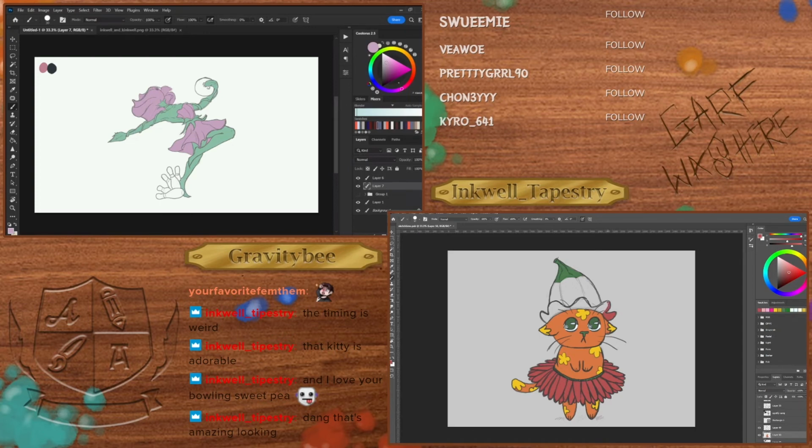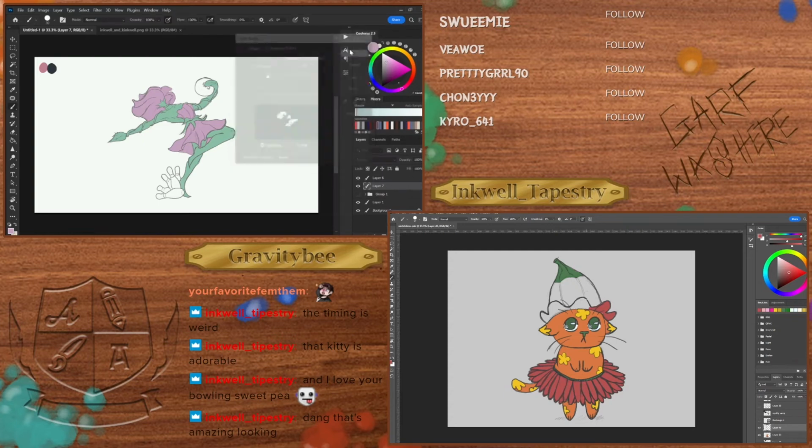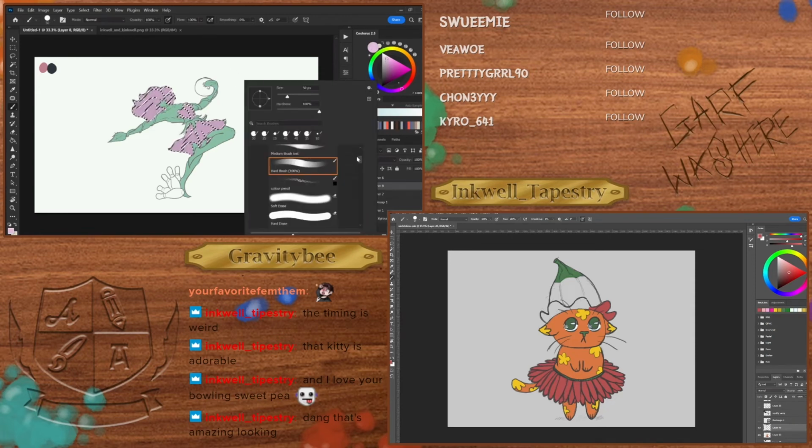I need to remember how to do that, but we're gonna do this right now, where we go to select and then we go color range, and then you can just color pick the exact color that you're working on, right? And you'll see how in this selection, it'll show you just that pink. And then I can select, and then I can start working on making a lighter color with a soft brush.